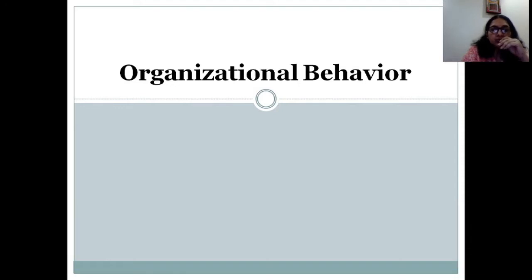Now, in this lecture, we will cover topics like what is an organization, who are managers, what is their function and role in an organization, why are interpersonal skills important at the workplace, what is organizational behavior, and what are the different disciplines that have contributed to the development of this field and the emergence of OB as a field of study.